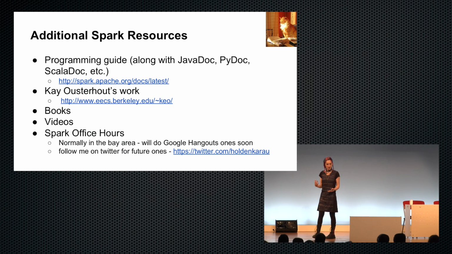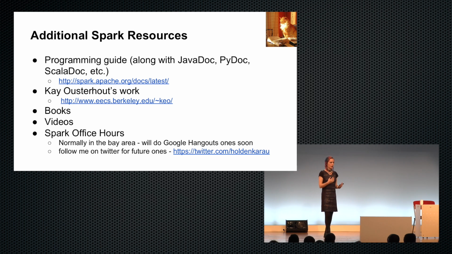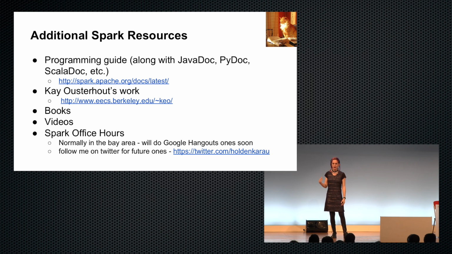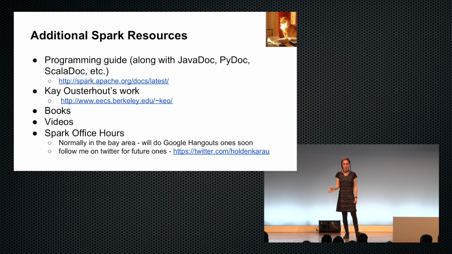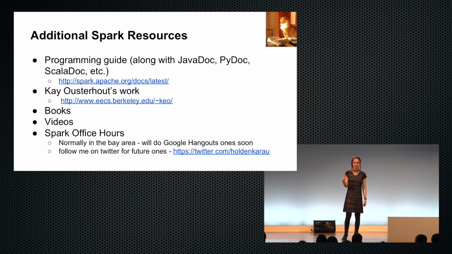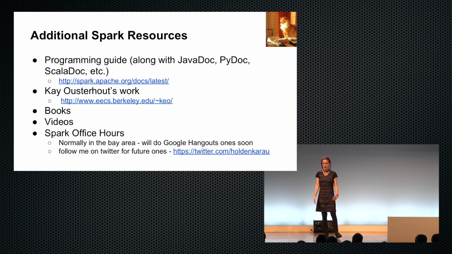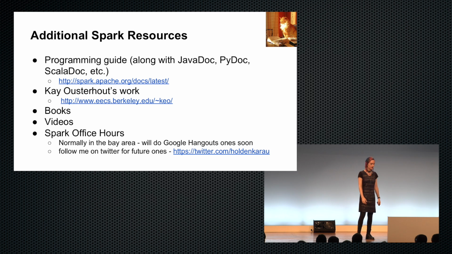I think the programming guide is often overlooked. A lot of people seem to just work with their IDE and look at what it's tab completing to. But if you actually read the API descriptions, it'll give you an idea of what things are going to give you really terrible performance, like groupByKey, or things which implicitly collect some of the data back to the driver. So I think it's worth taking the time to read the docs for the things you're using.